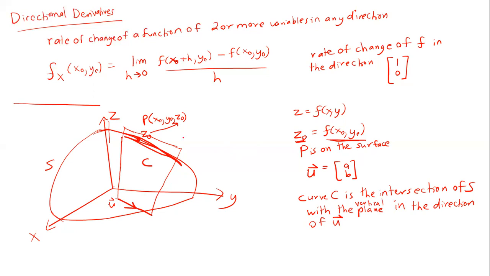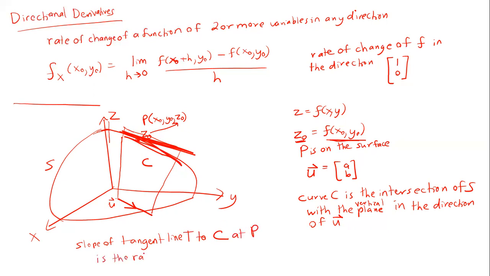And so then we could get a tangent to this curve. And we would say, okay, so let's get the tangent to this curve right here at the point P. So the slope of the tangent to the curve C at P